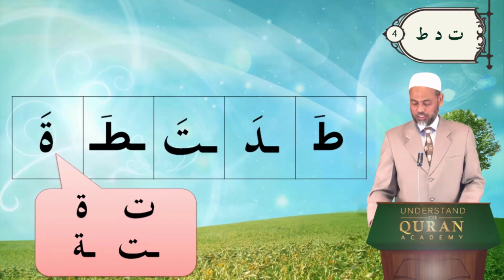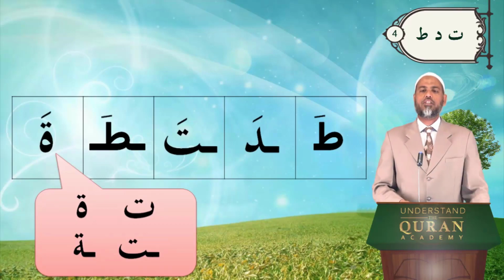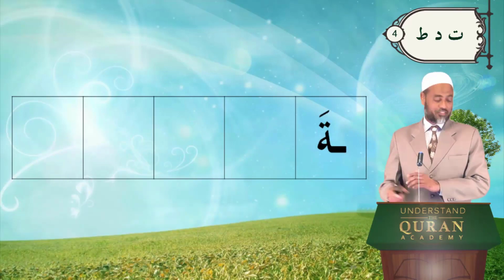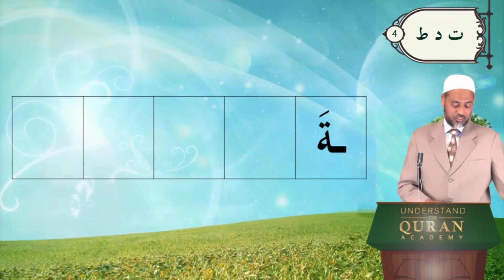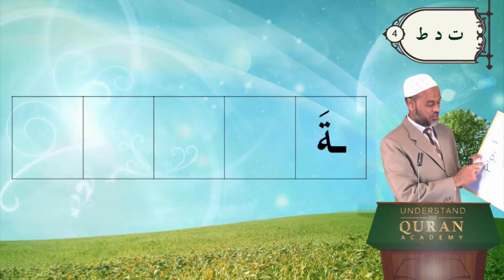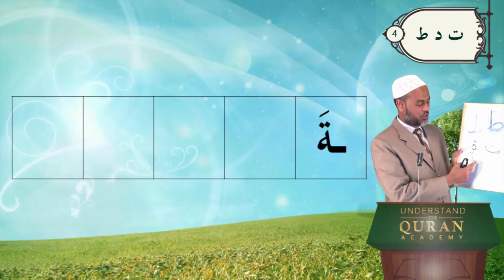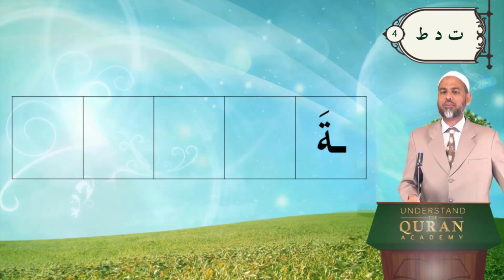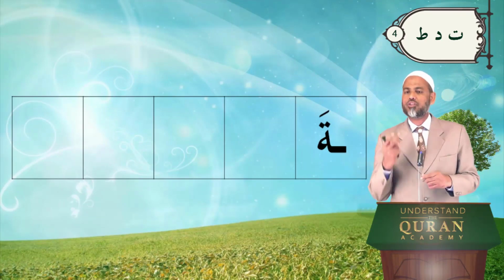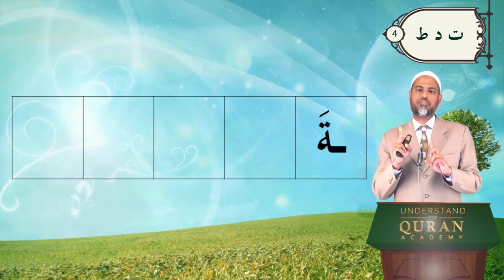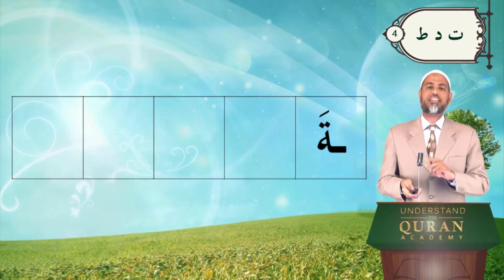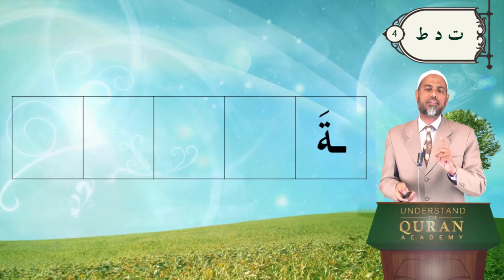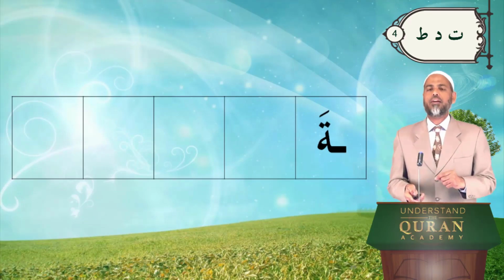Alright, let's continue. This one is also ta. I just told you it has a connector. This is the circle with two dots and the connector. It kind of looks almost like a triangle, but anyway, you just see two dots on the top. That is ta, at the end only. It occurs only in the end. Okay, remember the shape.